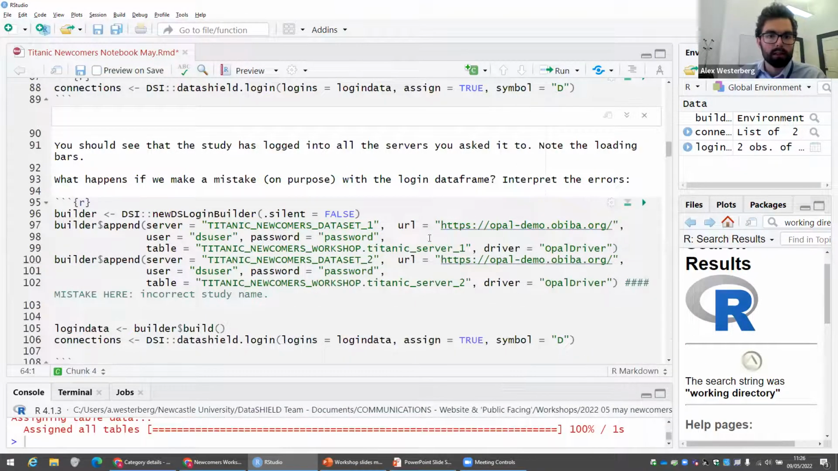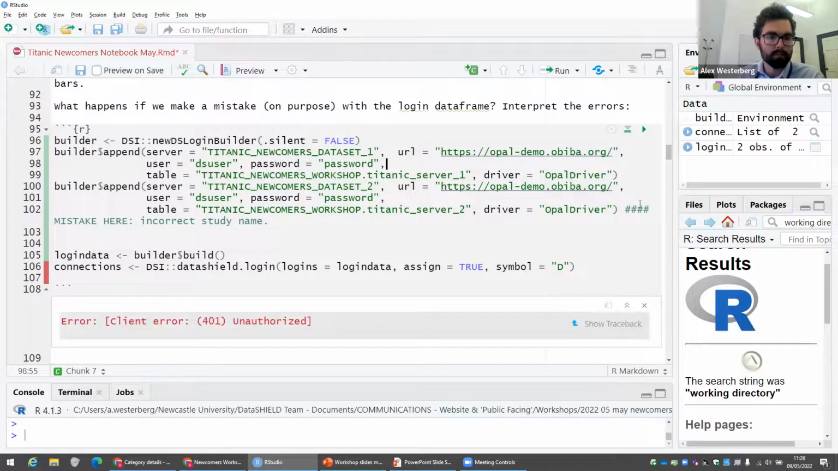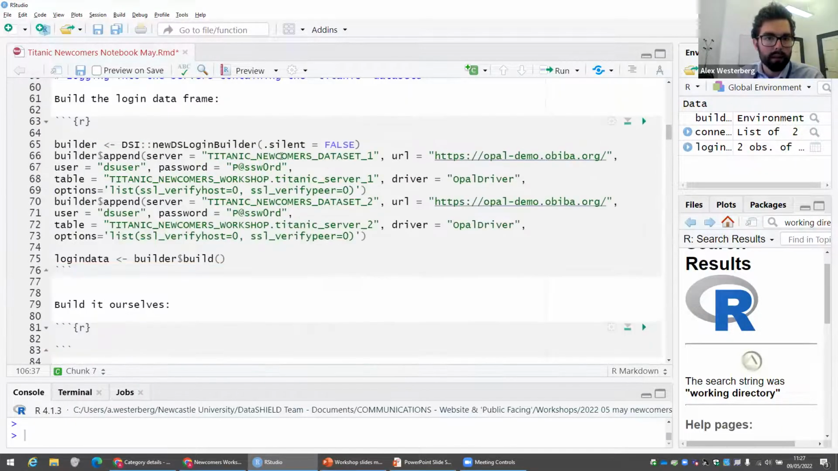So if you make a mistake, like put the wrong password, for instance, here, I've purposefully done the wrong password, and run that. And then I've got the connection line here. So that error is client error 401 unauthorized. So what if I instead take the right password